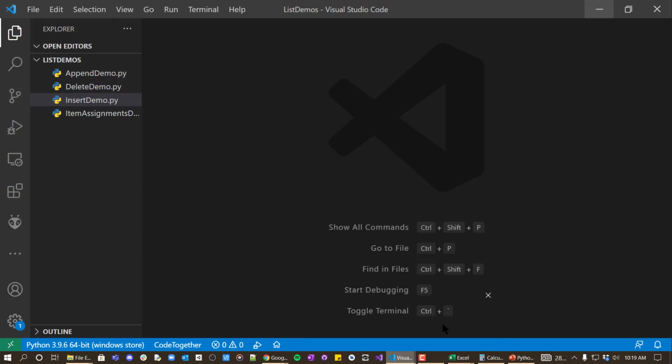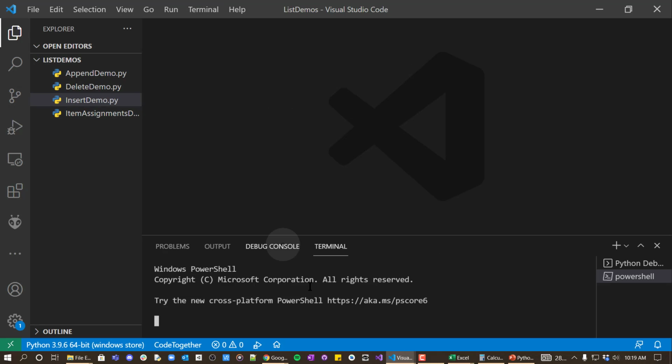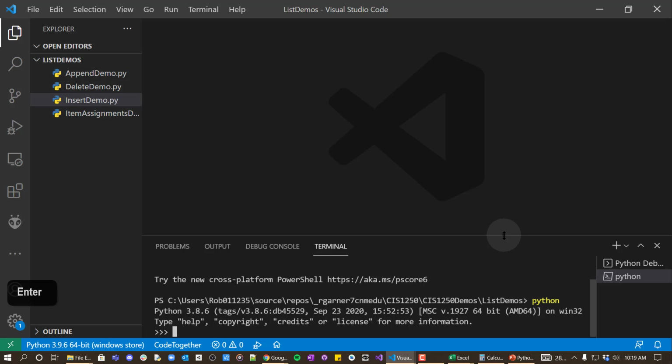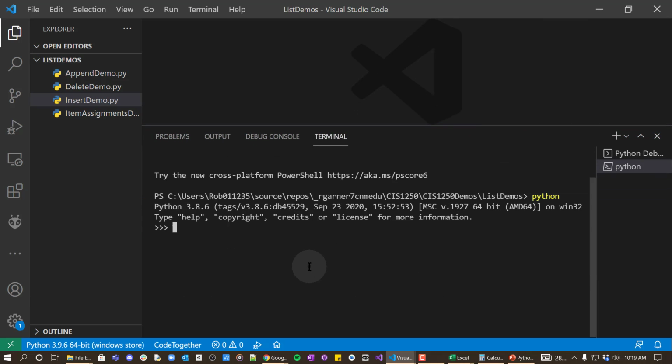Another thing that we need to be able to do with our lists is to be able to modify values. You've already seen this a little bit. It's not that difficult. Basically, let me put on the interactive interpreter. If I were to create a list, say names is equal to